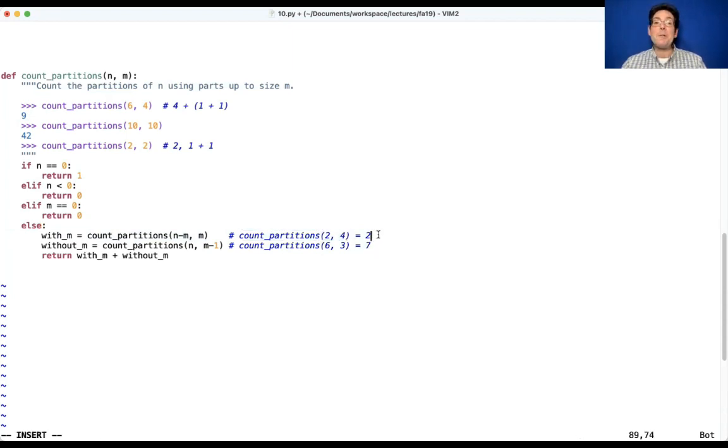Both of these have to do a bunch of work, because this has to discover all the ways of summing up to 2, which is 2 and 1 plus 1. This has to come up with all the ways of summing up to 6, except I'm not allowed to use 4s anymore. So I have stuff like 3 plus 3. I have stuff like 3 plus 2 plus 1 in there. I also have stuff like 1 plus 1 plus 1 plus 1 plus 1 plus 1. So there's 7 of these. I only wrote out 3 of them, but you can guess some of the other ones. My point is that,